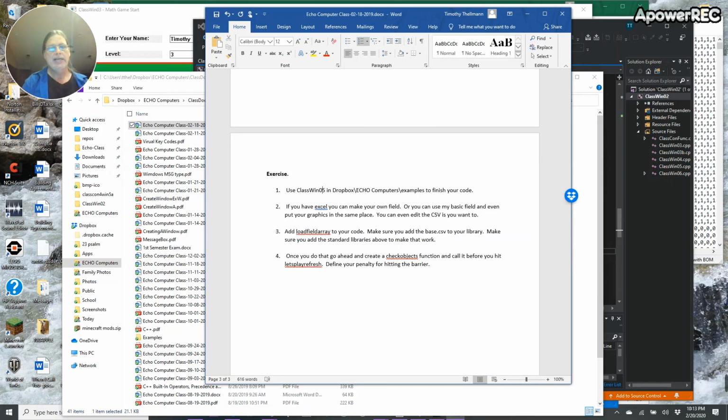If you have Excel, you can make your own field. So if you want to make your hay bales bigger, you can take the base, the field 1 or field 2.bmp, and change your hay bales or change your brick walls, to make it look fancier. It just gives you a data representation, just make sure your bitmap is the same size as your array. Add the load field array to your code, make sure to add base.csv to your library, and also I didn't put